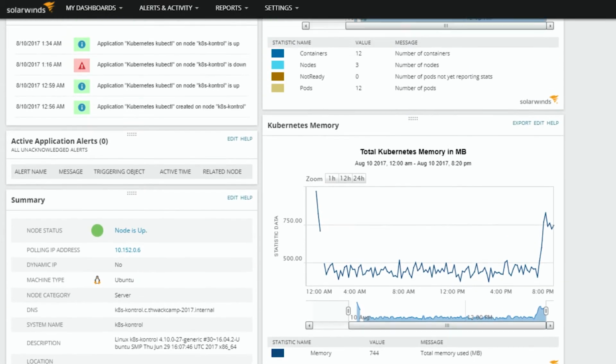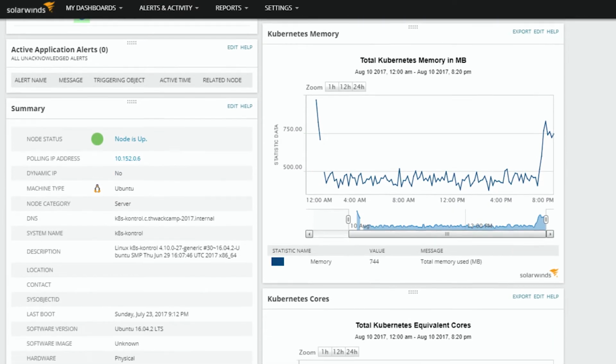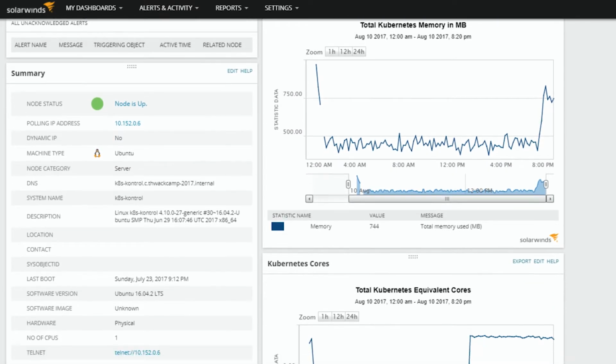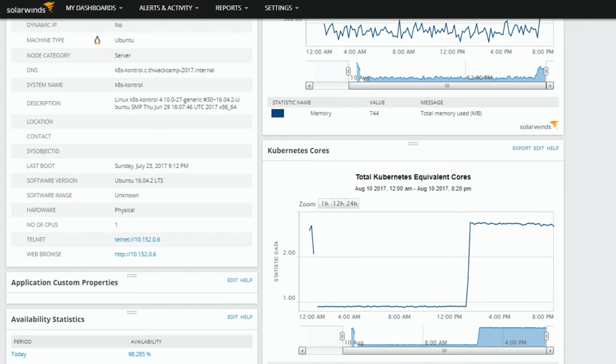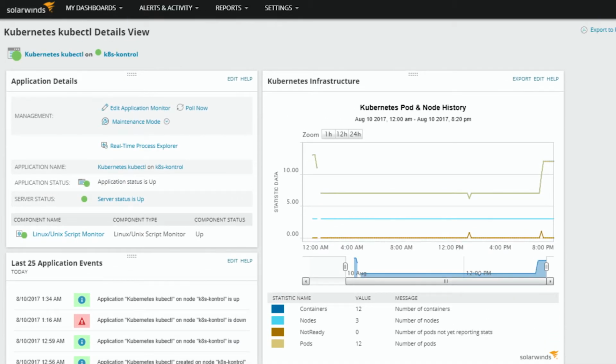And then I just broke this into a couple of different charts, right? So this one up here is the same thing that we saw for Docker, where I had containers and nodes and status. But I've also got my memory as a chart, and I've got my equivalent cores as a chart too. So this comes into cost and a couple of other things. But again, using the same approach as for the VPN, anything that I can get to in a command line, I can pull into